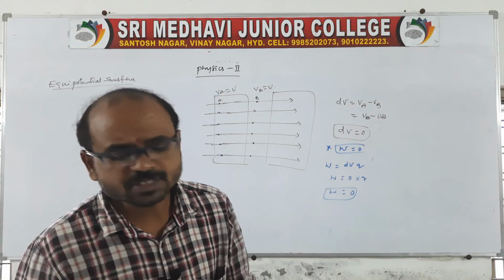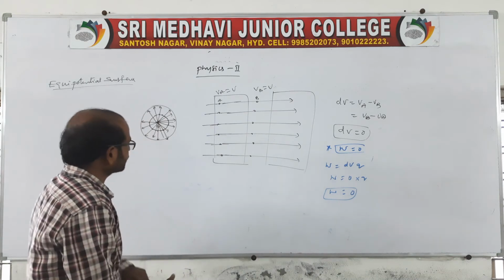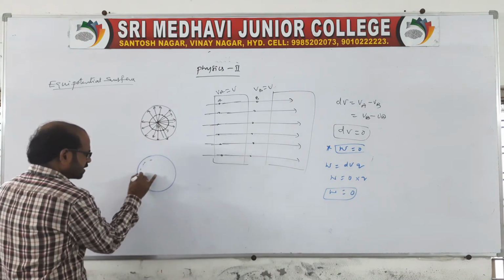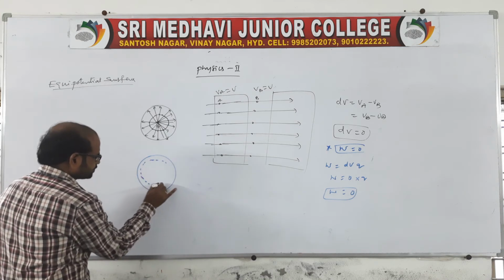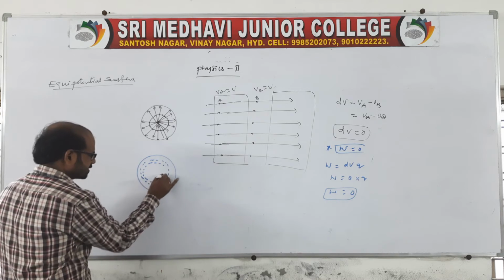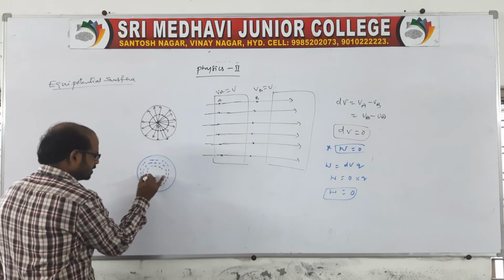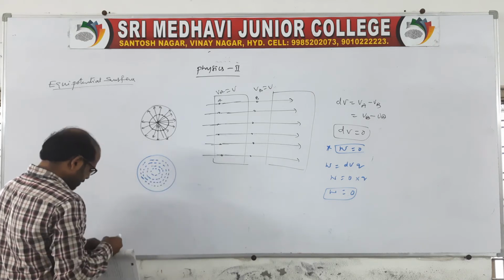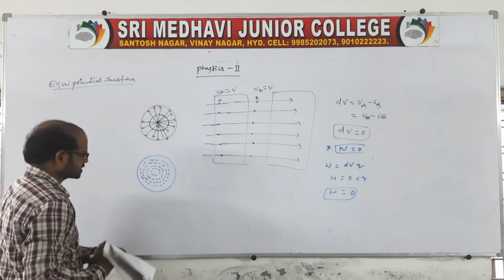And here, suppose you give a charge like this, therefore for a sphere, what happens? For a sphere, like concentric circles we will get like this. It is one circle, and you say it is another concentric circle we will get, because the potential is the same. You see, you keep a charge inside like this, you take a charge cube.